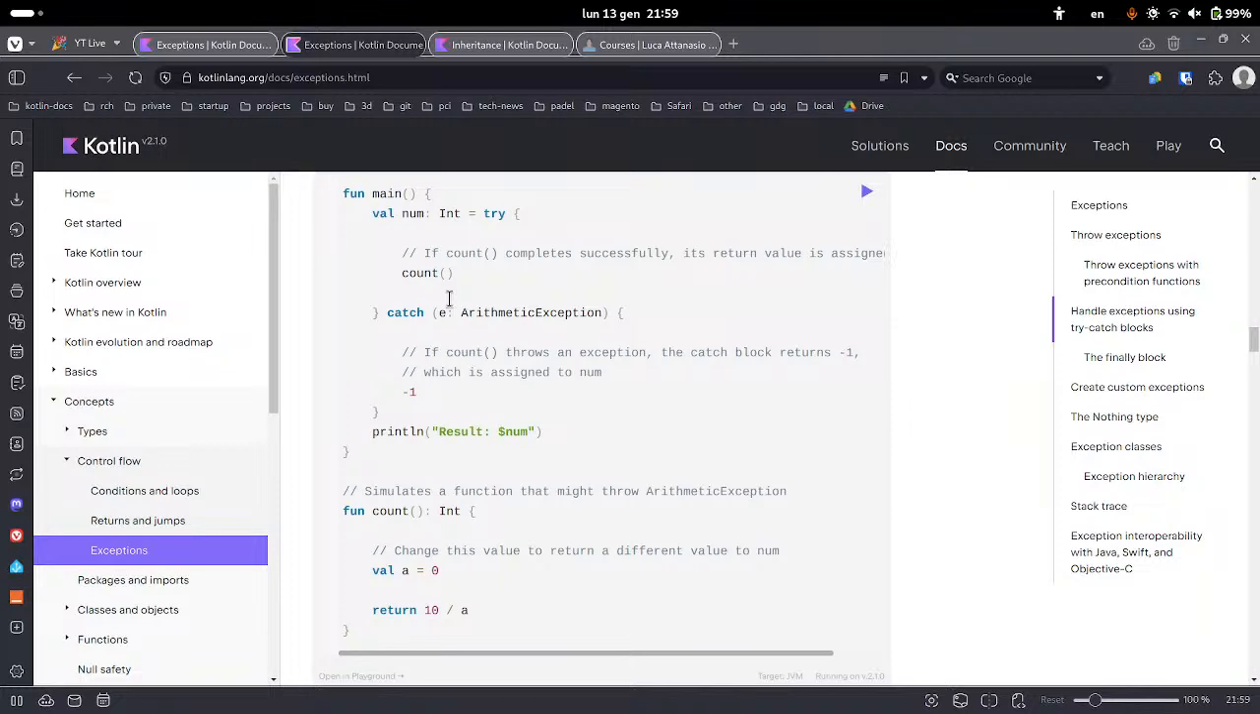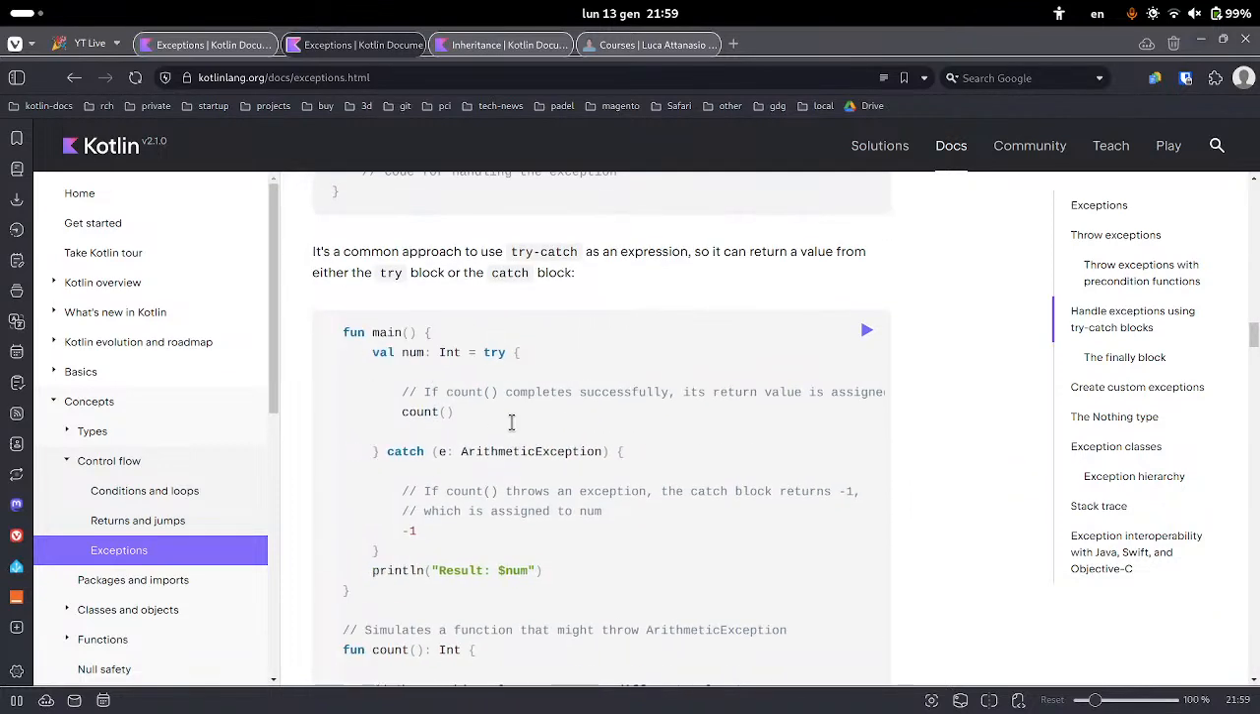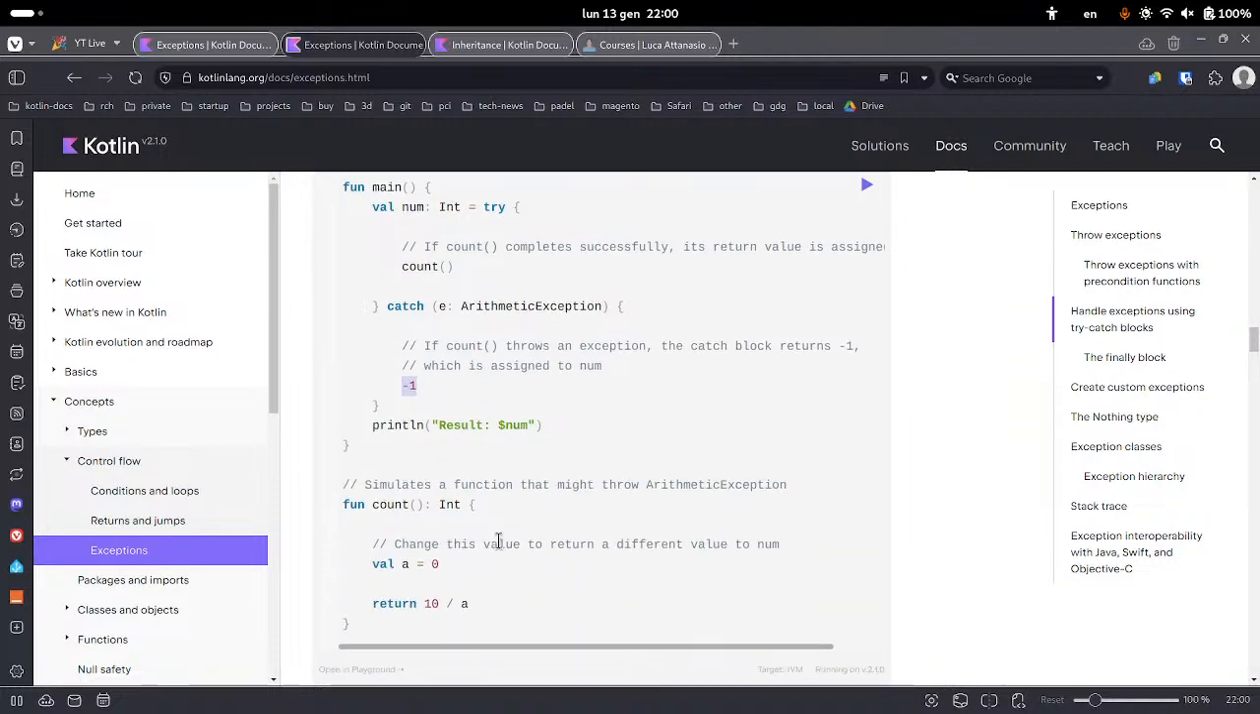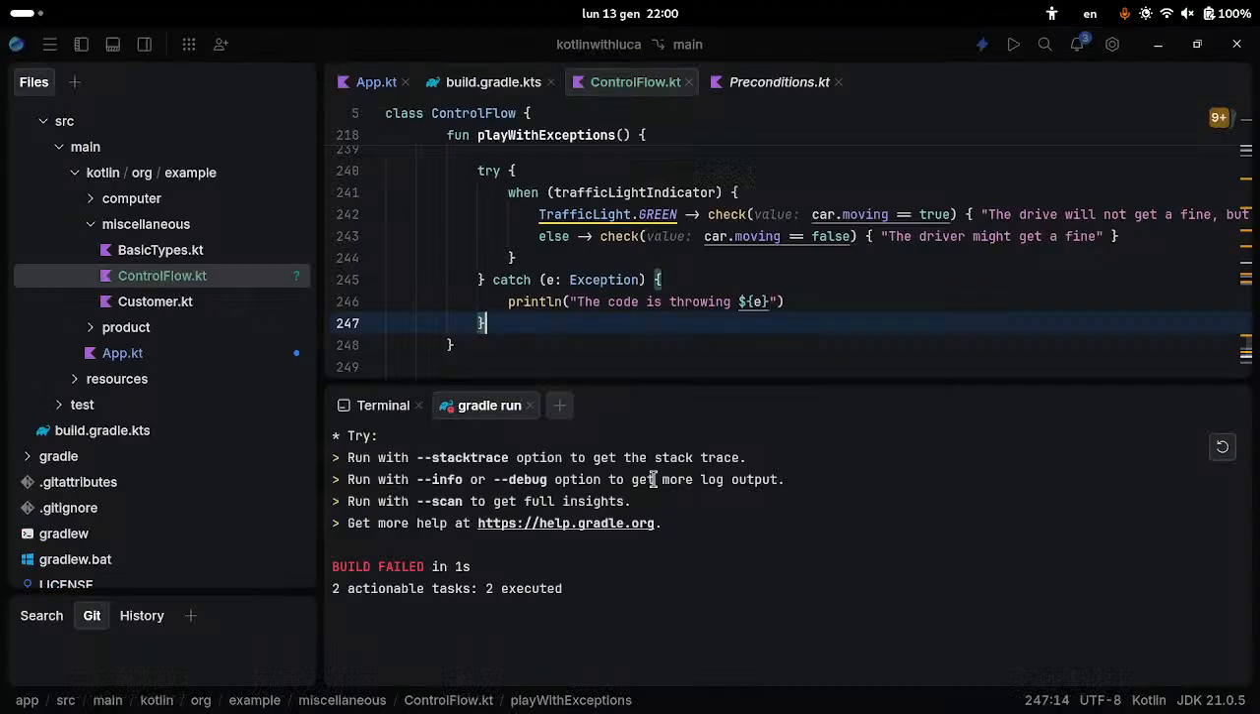For example, in this case, what they're doing is they're saying, okay, if the count function runs smoothly, then we assign the num a certain value. Otherwise, we assign a -1. And we can do this with